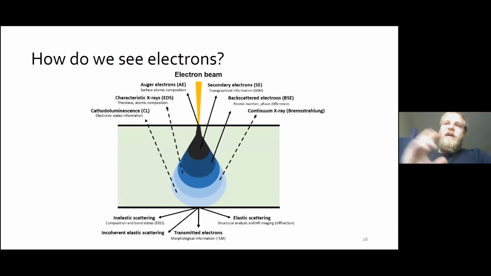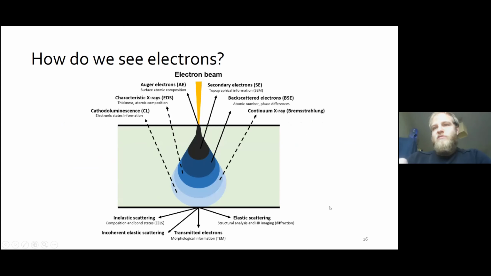So we need to understand how we actually see things using electrons. And so this is where this interaction that I was talking about before comes in. When we have electrons, because they have a mass and they have a charge, they interact quite strongly with anything that we're shooting them at. So if you can imagine here, we have an electron beam and it hits